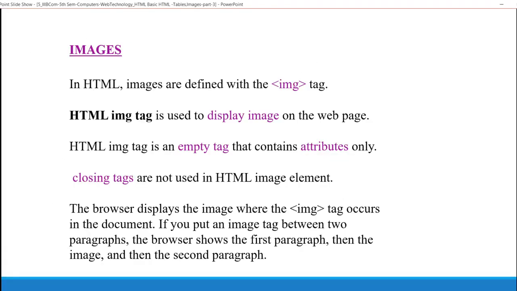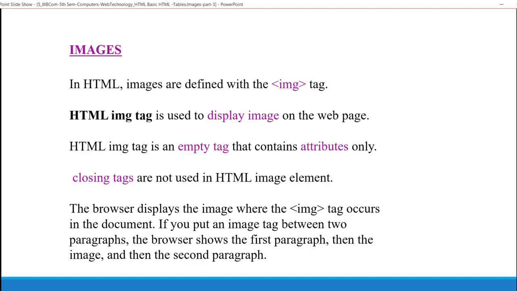Next topic is about images. What is an image? Up to now we have discussed tags that contain text format, table format, tabular format, bold, italic, underline, subscript, superscript, all this. Here, the image tag displays an image on a web page.